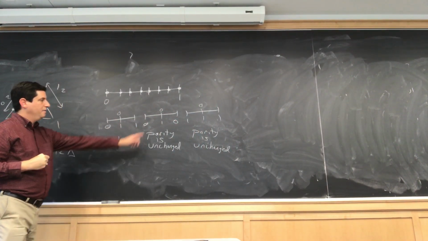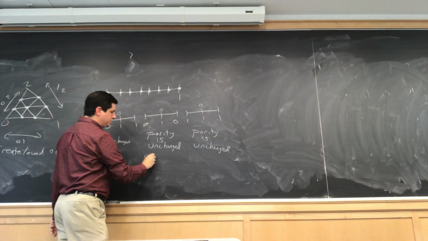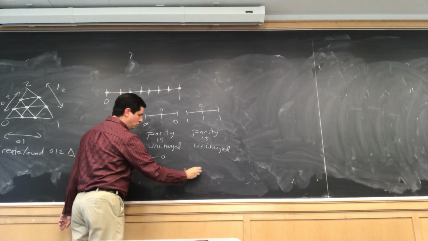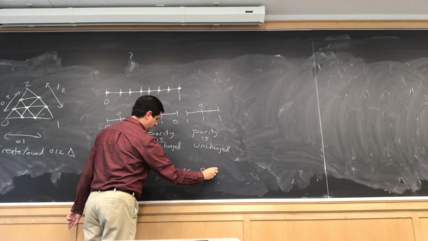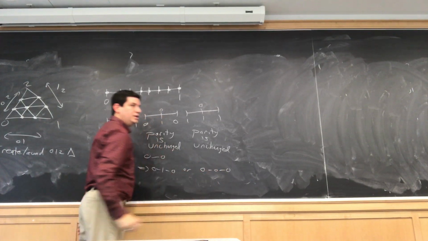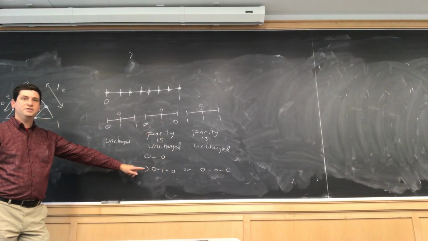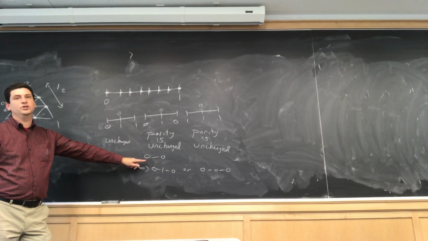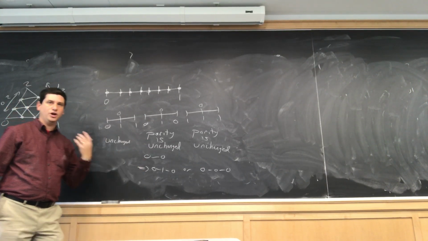So over here, if I was at 0, 0, I go from 0, 0 to either 0, 1, 0 or 0, 0, 0. In both cases, the number of 0, 1 segments has changed from the previous by 2. So as you keep putting in the dots,